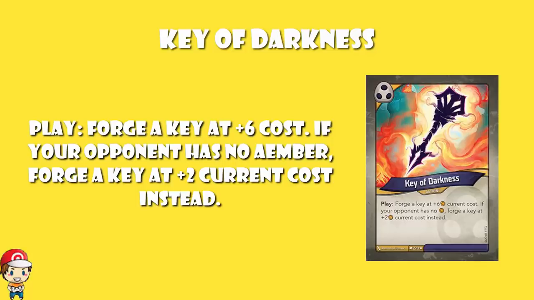Just feels right. It is an action card, and it's very straightforward. Forge a key at +6 of current cost. That is ordinarily 12. If your opponent has no Amber, forge a key at +2 current cost instead. So hopefully you've either been able to steal all of their Amber, and let's face it, Shadows are pretty good at stealing Ember. For instance, Nerve Blast,